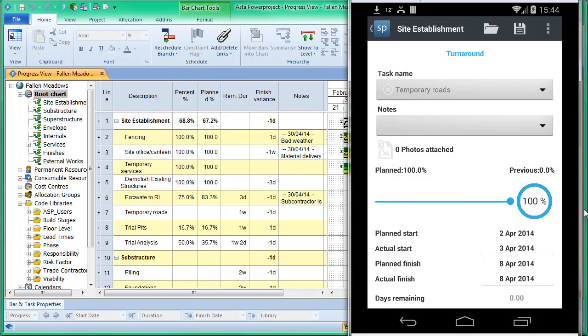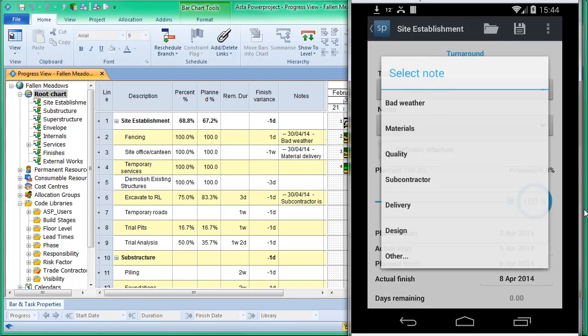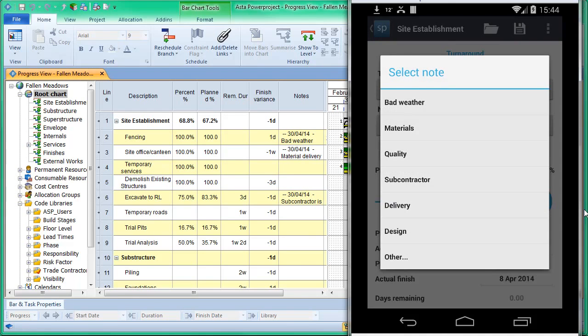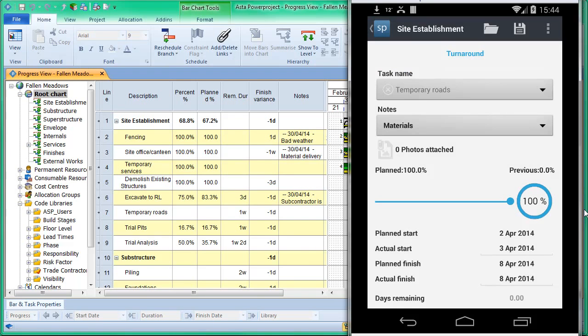But I would like to put some notes in, so we have some notes. You can create this list. I'll show you where in a moment. If you click on other, you can just type anything that you want. So we had a slight problem with materials perhaps, and that information will find its way back. So we keep going through the list, saying that we've done certain things,